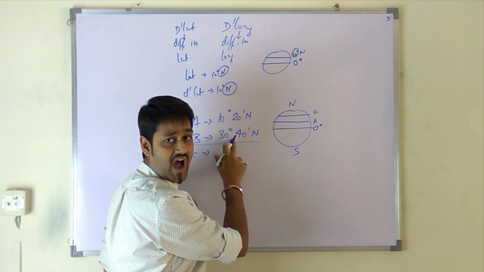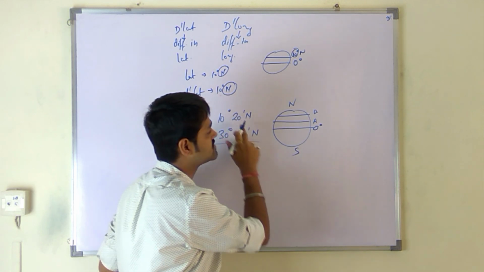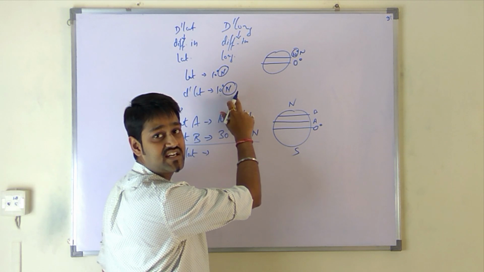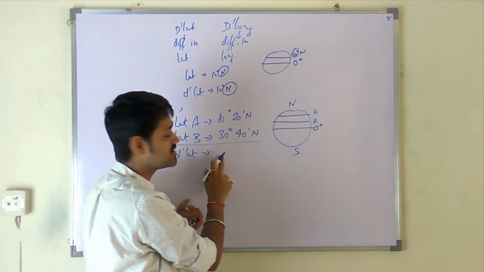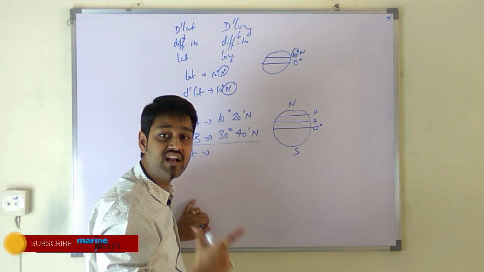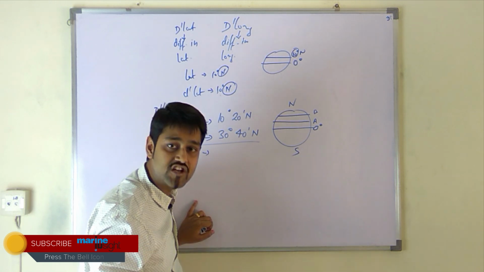So the higher value latitude will obviously be above the lower value latitude in this case. So this becomes my B. Now as I said, this is indicating direction of movement. So DLAT and DLONG are a combination of direction of movement and magnitude of movement, meaning by how much you are moving and in which direction you are moving.